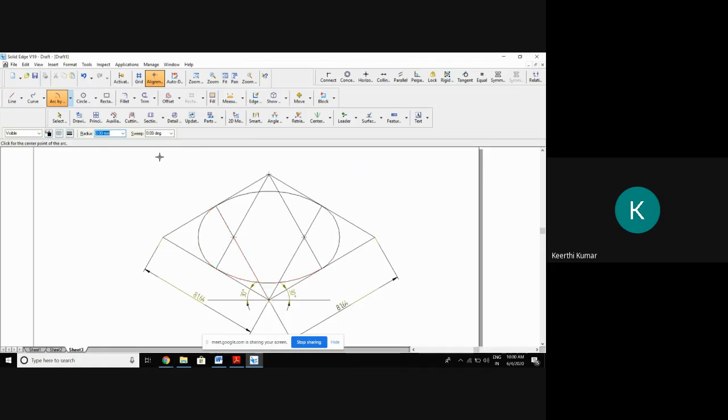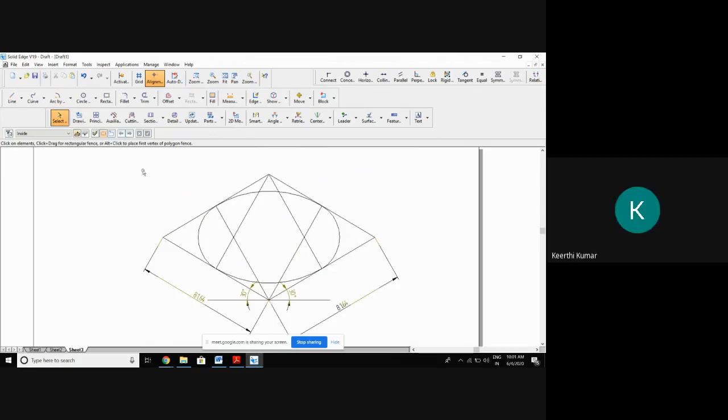That's all. Can you tell what I completed now? The base of the cylinder. Very good. I completed the base of the cylinder. Still, I have not yet gone for the top surface. What is the top surface of the cylinder? Circle, again. What is the diameter of the top surface of the cylinder? 100.